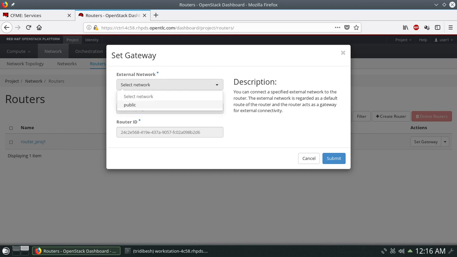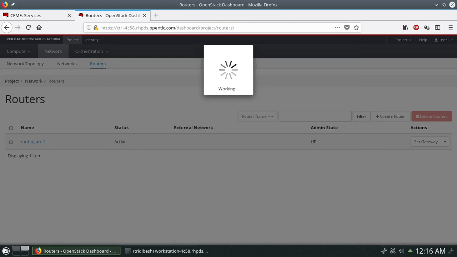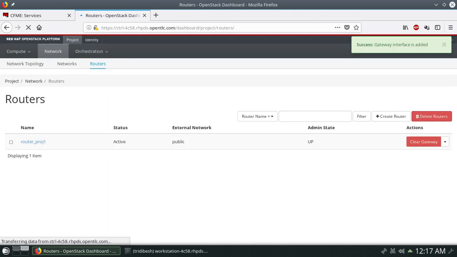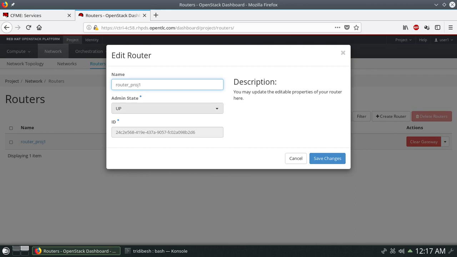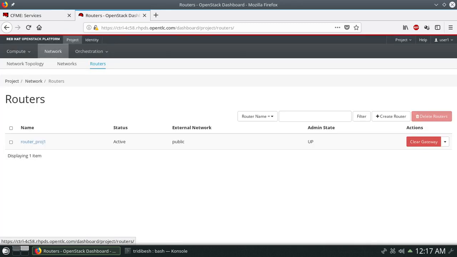For the external network, let's select public and then click on submit. It's been done. Now we'll be setting the internal interface.